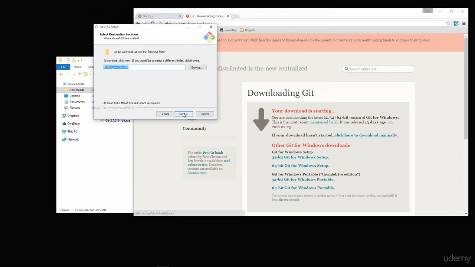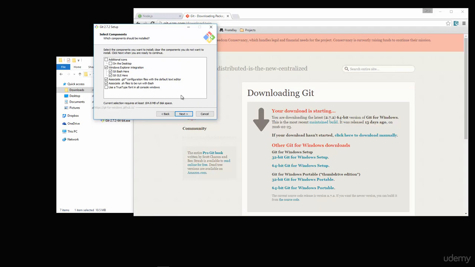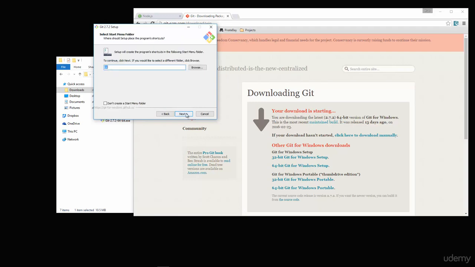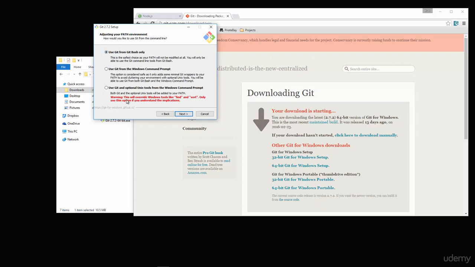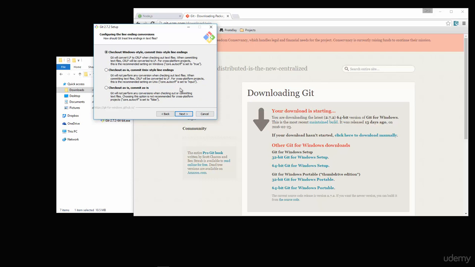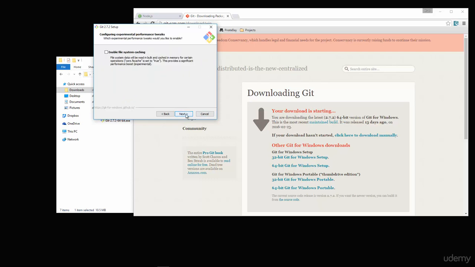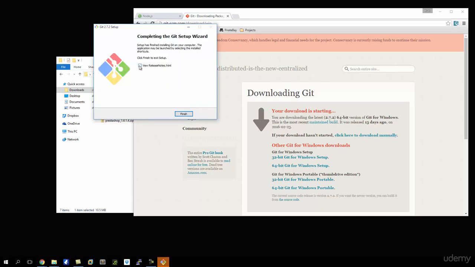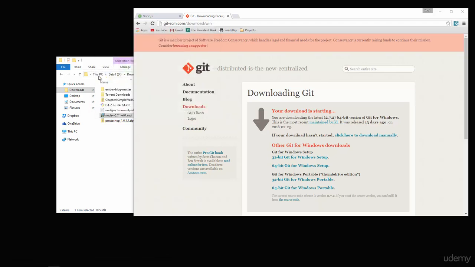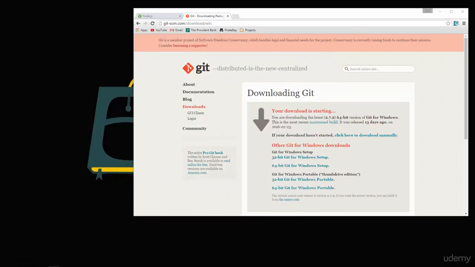Okay, we're going to put it in the program files folder, and this stuff can all stay default. This option here, I'm actually going to choose the last one. This is going to allow us to use some extra Unix tools from the Windows command prompt. Alright, so we'll select that, and then the rest of these we'll just keep default. Okay, so that's all set. I'm going to uncheck that, click Finish,